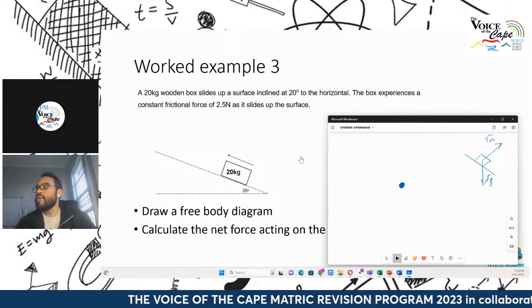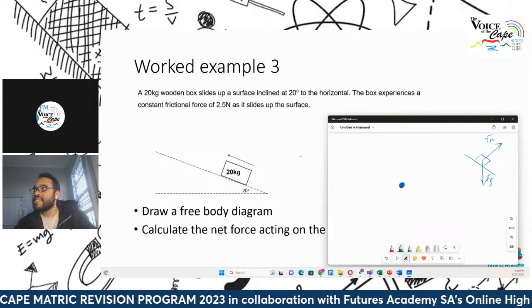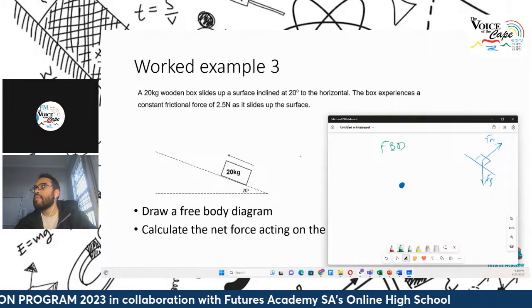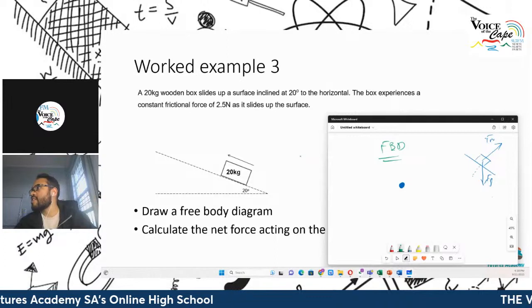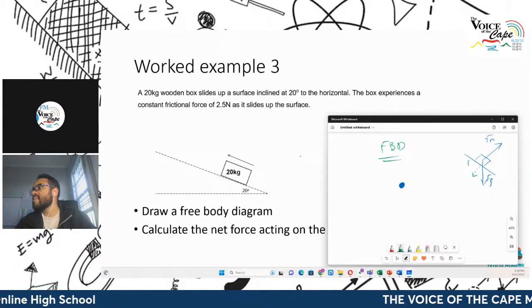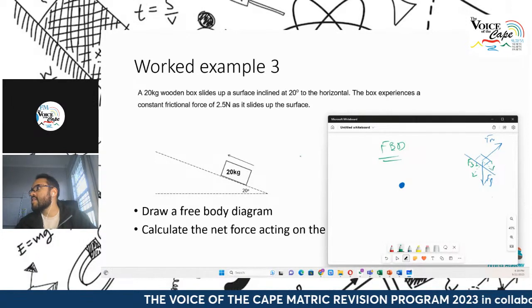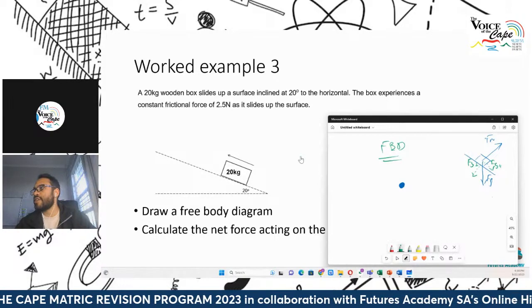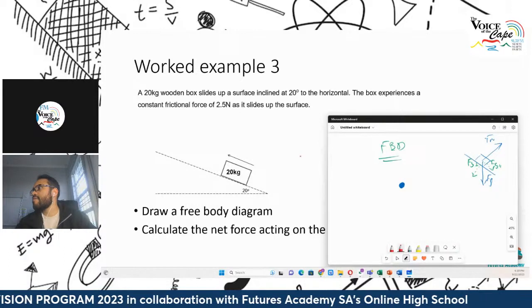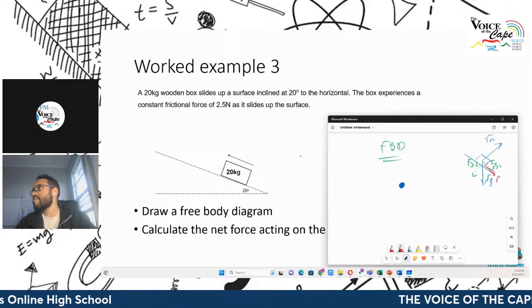However, gravity has components. Remember that. So the components of gravity, this is my free body diagram. I have to draw it over here. But what I'm doing on this side is I'm just referencing what I'm going to draw on this diagram. I've got a component of gravity that looks like that. And that is Fg perpendicular. And then I've got another component of gravity like this. That's Fg parallel. Okay. And then in addition to that, I've also got friction acting on that object. And the friction will be a force like this here, F, let's just call it little f, right?